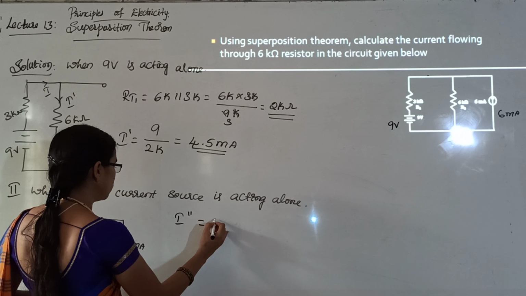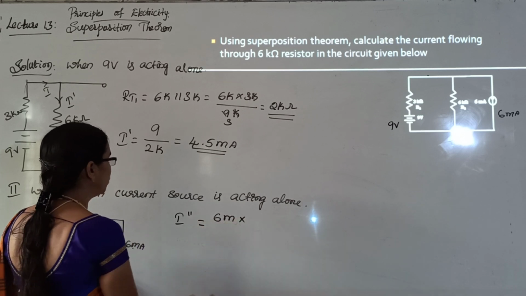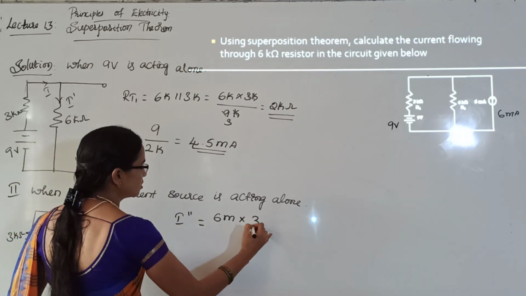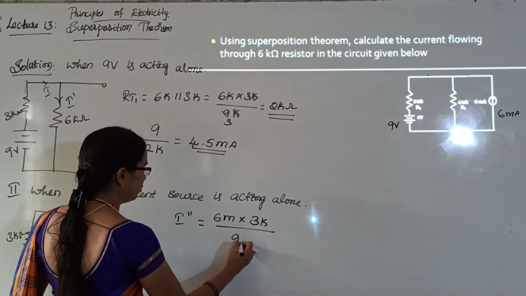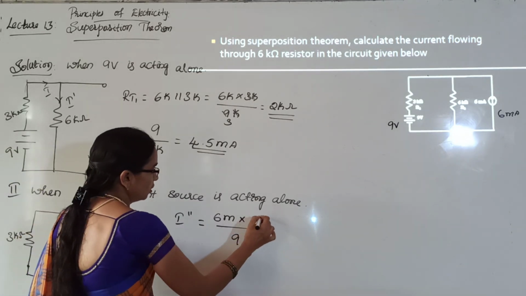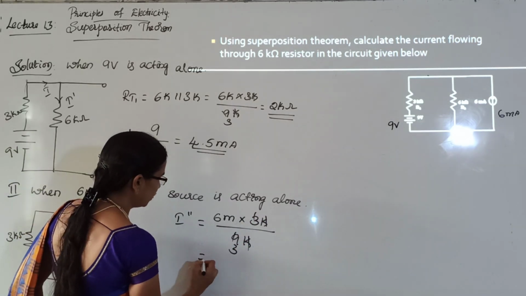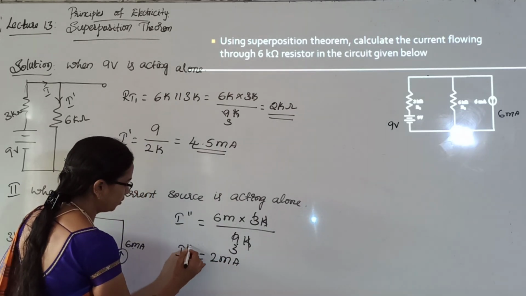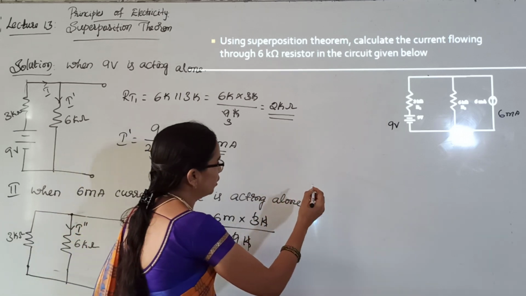I double dash is equal to 6 milli into opposite branch resistance, that is 3 kilo, divided by the sum of the resistors connected in parallel. 3 and 3 are 6, then I will get 2 milliamperes of current flowing. So in the final step,